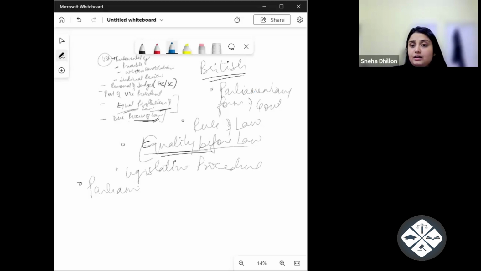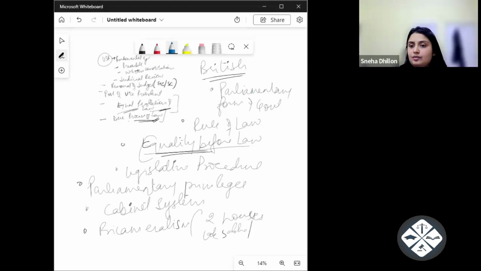Concept of parliamentary privileges is taken. We've taken the cabinet system. We've taken the idea of bicameralism. Bicameralism matlab two houses, Lok Sabha, Rajya Sabha. In Britain they have the House of Lords and Commons. We have Lok Sabha and Rajya Sabha. So House of Lords is for Rajya Sabha and House of Commons is for Lok Sabha, which is the House of People also. Then the concept of writs mentioned in Article 32 and